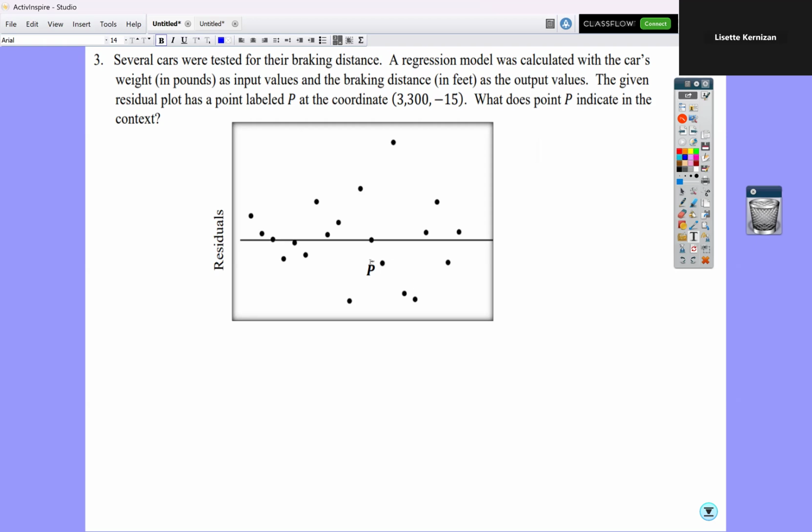So point P is below the x-axis, or below this line here. So we know that the regression line is an overestimate of the actual value here. So how do we put that into words? I'm going to say because point P is below the x-axis, or we can say regression line,